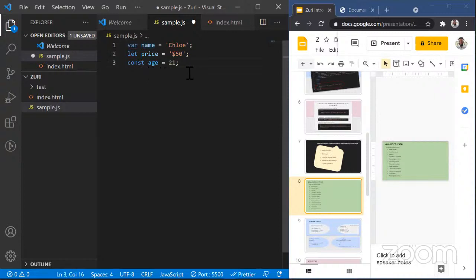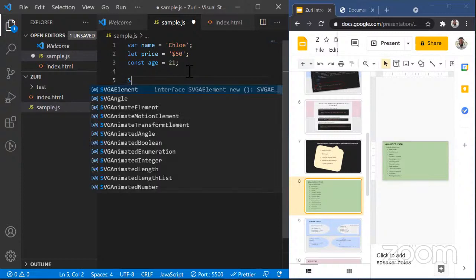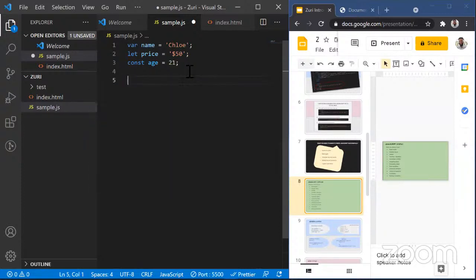The first, the main category of difference between declaring variables is the scope of the